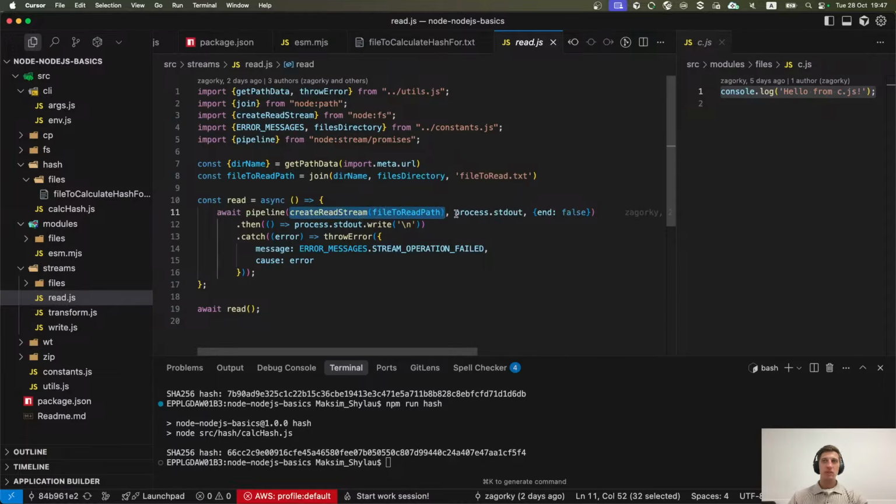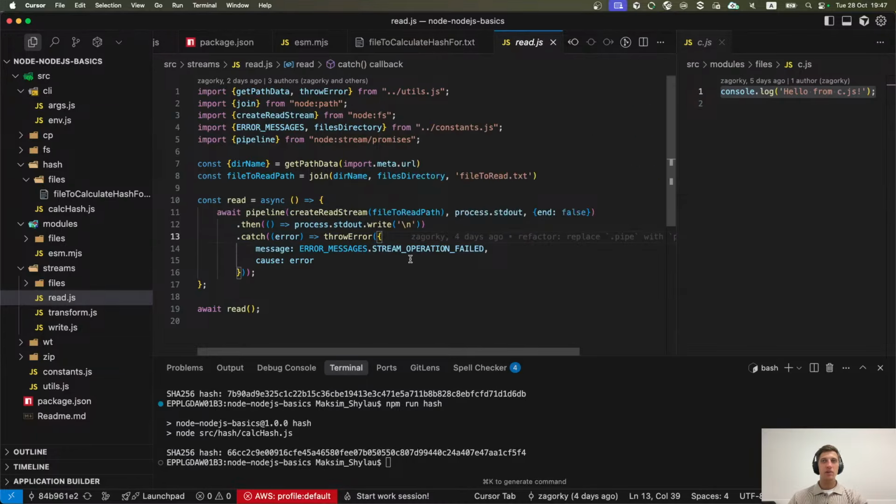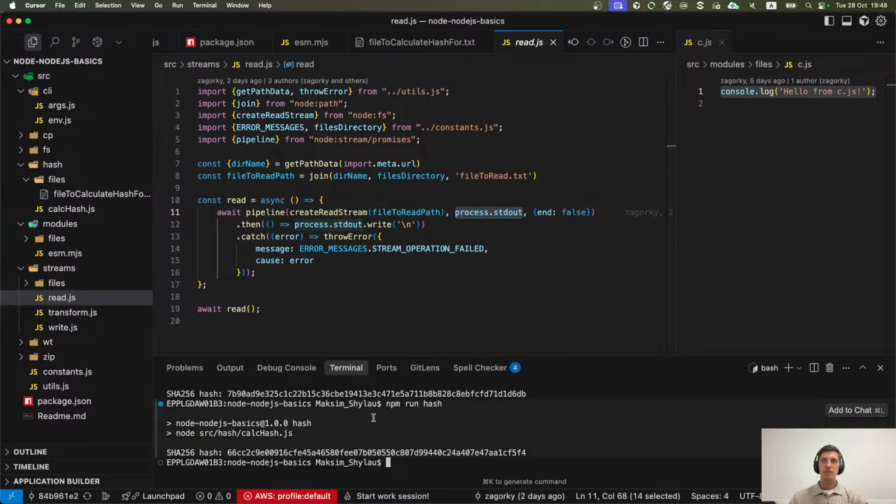We pipe it into process.stdout, which is the standard output stream for your CLI. And after that, we write into process.stdout a symbol of new line, because when you write something into process.stdout, it doesn't do it automatically. We can comment this line to see what I mean now.